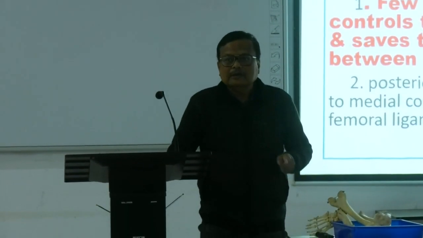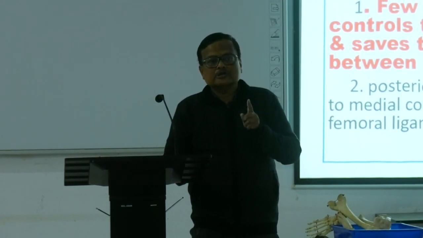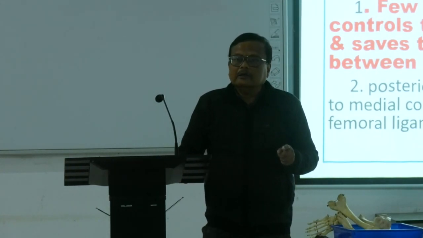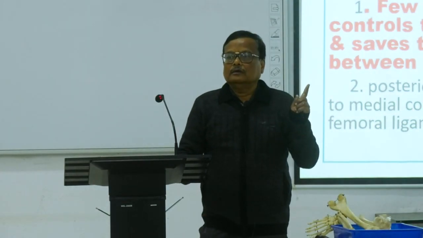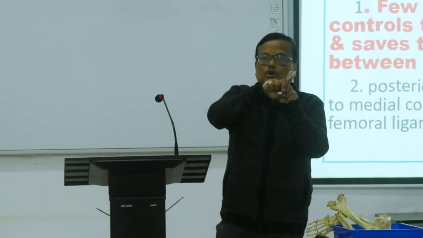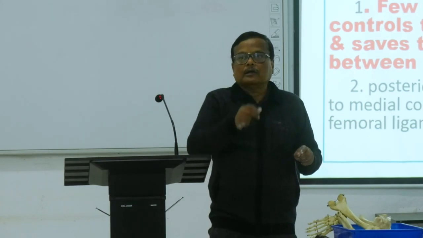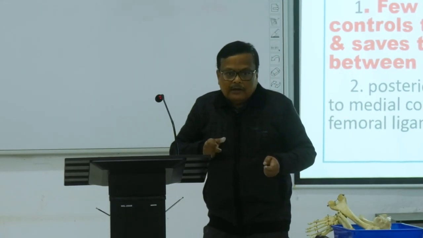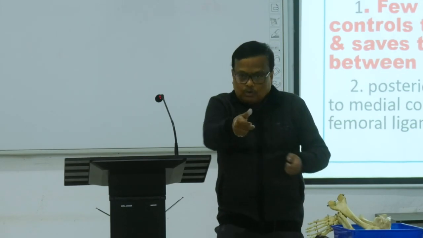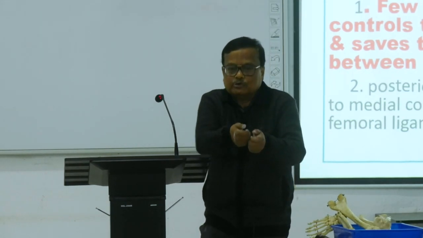কোথা থেকে অ্যারাইজ করছে? এই posterior horn of the lateral meniscus। কোথায় যাচ্ছে? ওপরে। ওপরে কোথায়? ফিমারে। ফিমারের কোথায়? মিডিয়াল কন্ডাইলে। এরকম ভাবে যাচ্ছে। These two ligaments not only bind the lateral horn with the femur but also control when the lateral horn tries to go anteriorly, it controls the more anterior movement of the lateral meniscus, পেছন থেকে টেনে ধরে রাখে।